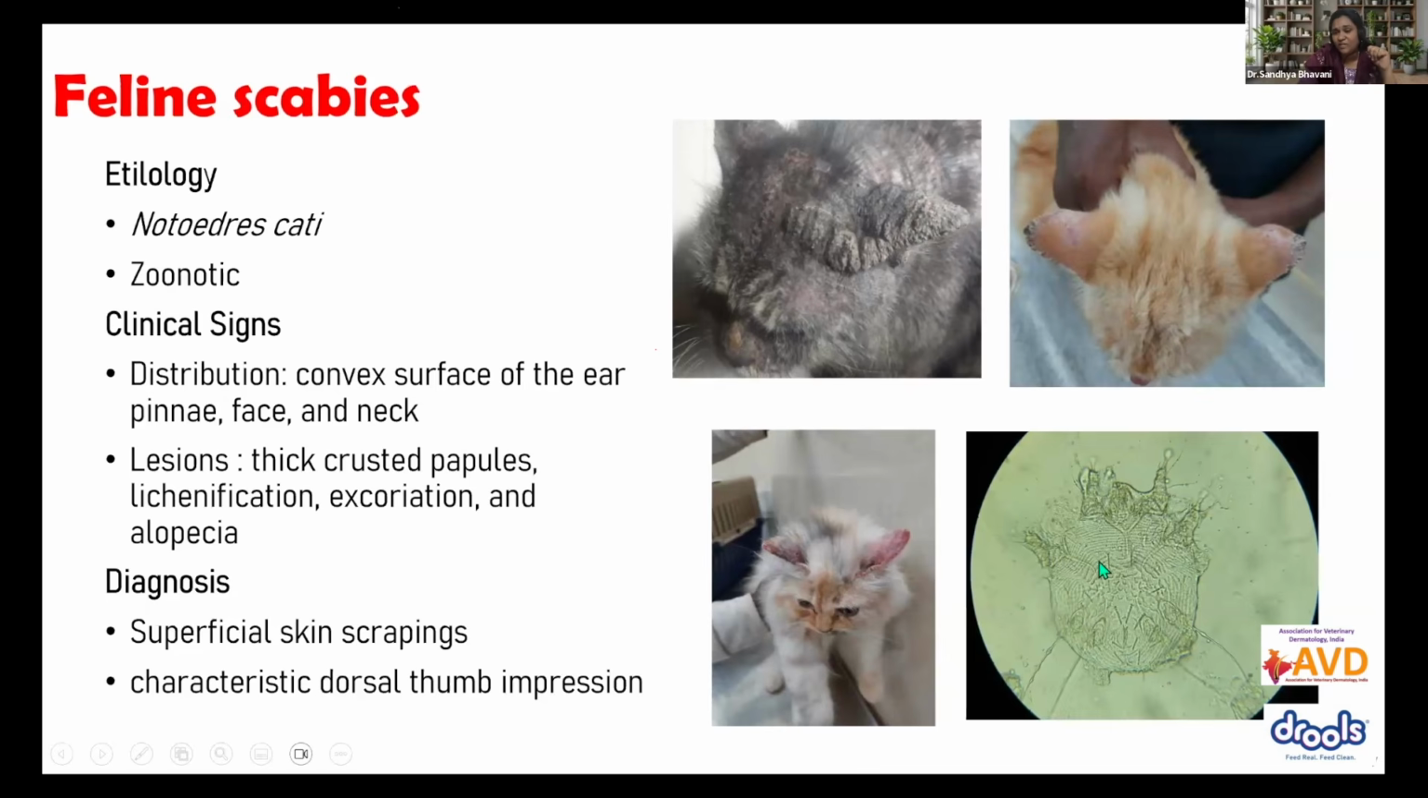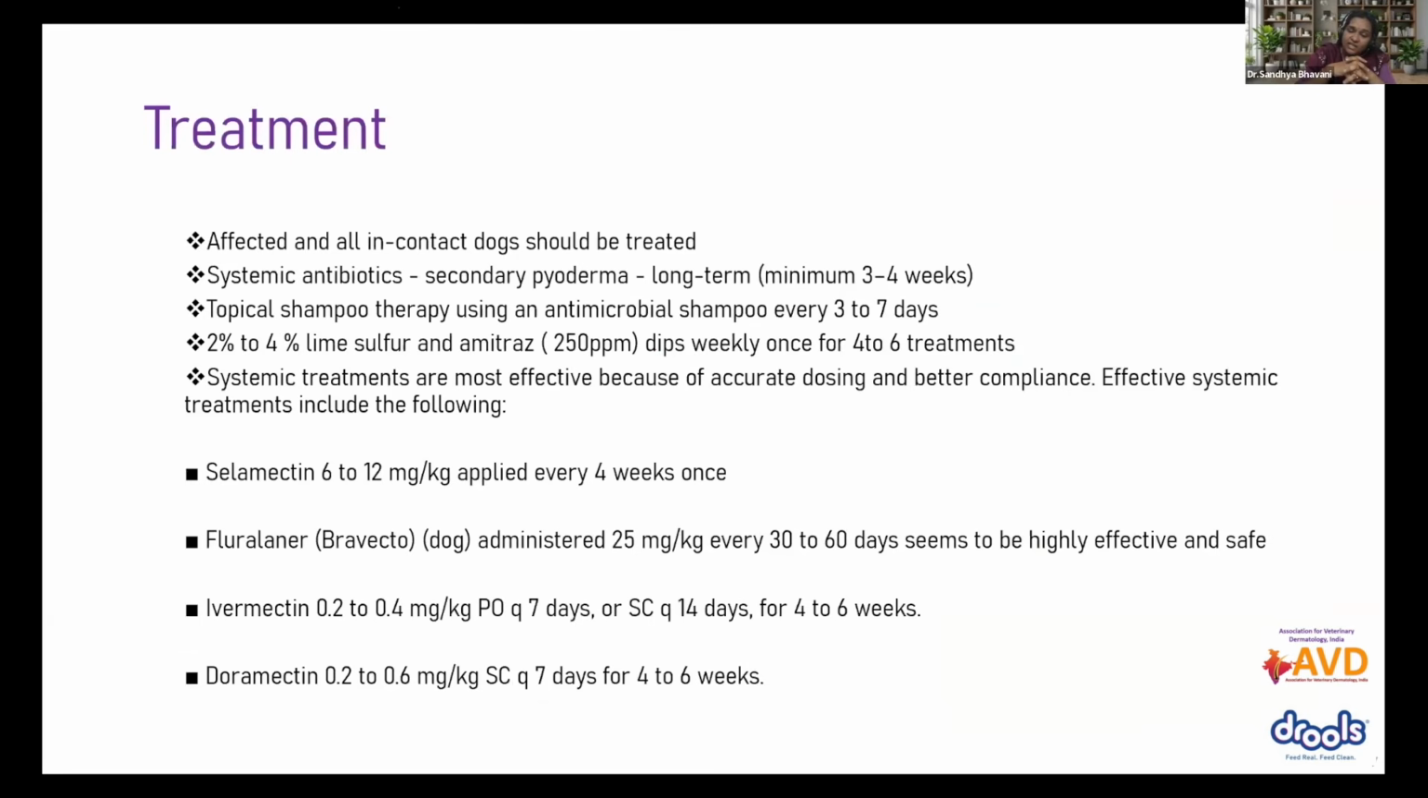Thumbprint impression can be seen on this sarcoptes, sorry, notorious cat eye. So here you can go for superficial skin scrapings and identify the mite. So treatment again here also you have lots of options like selamectin spot-ons, ivermectins, and you can go for fluralaner,